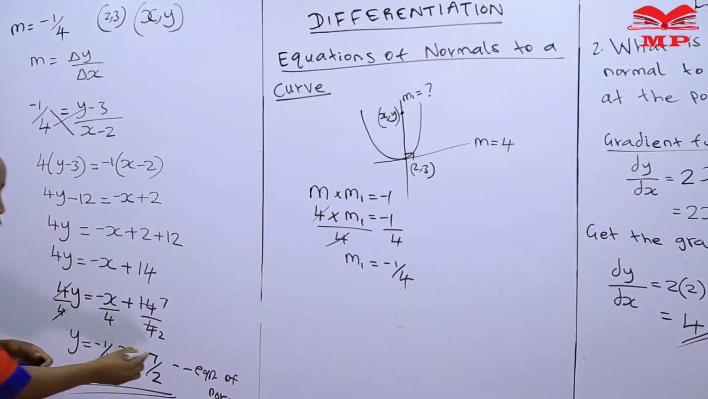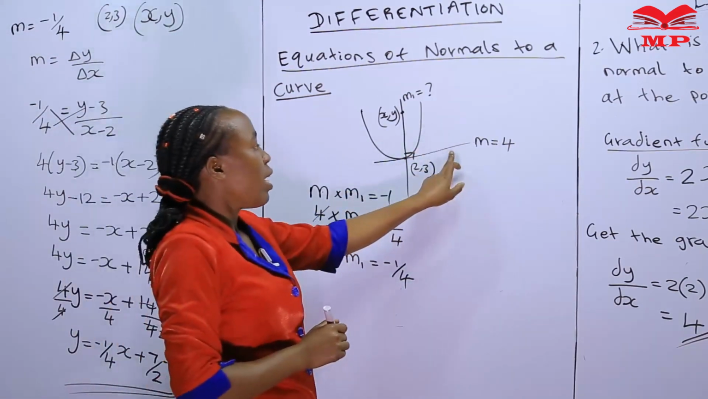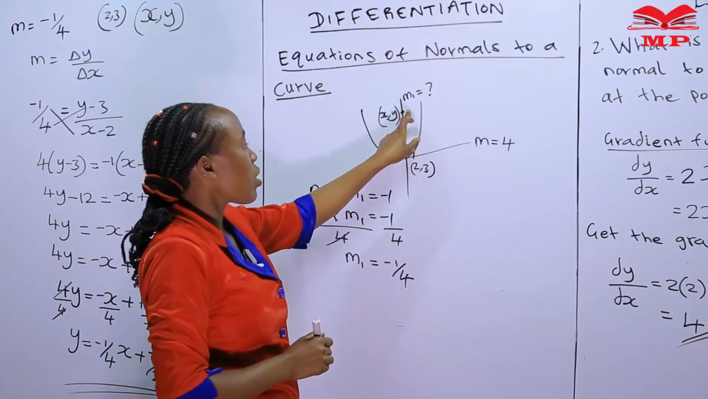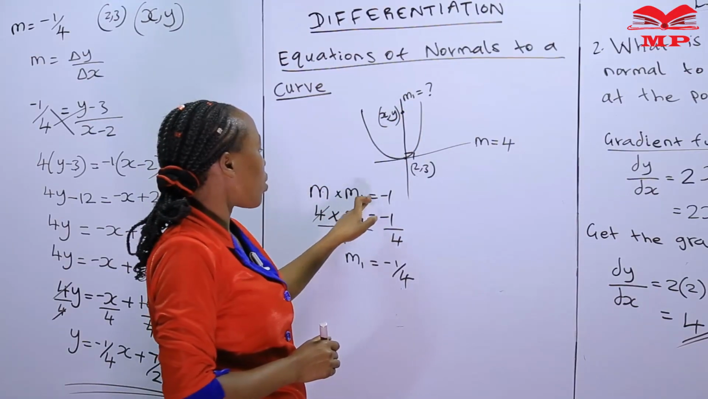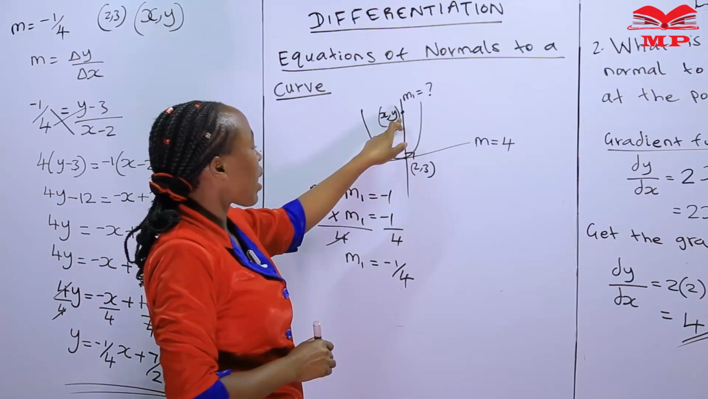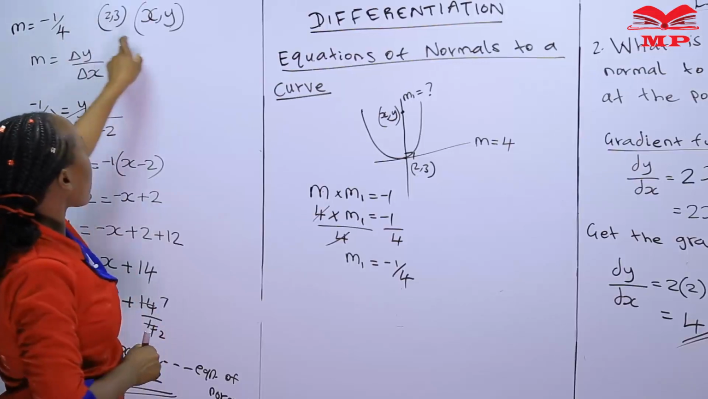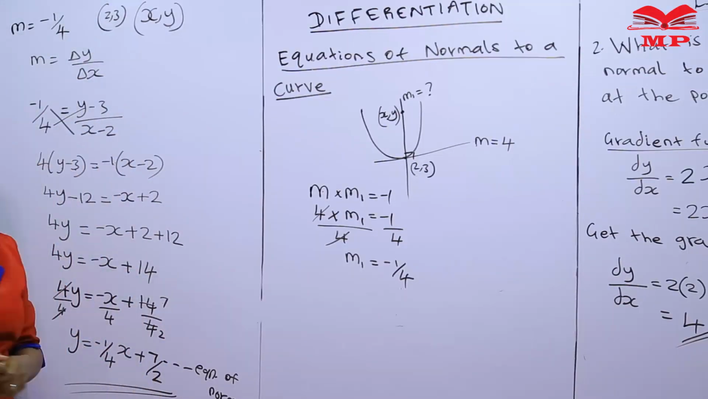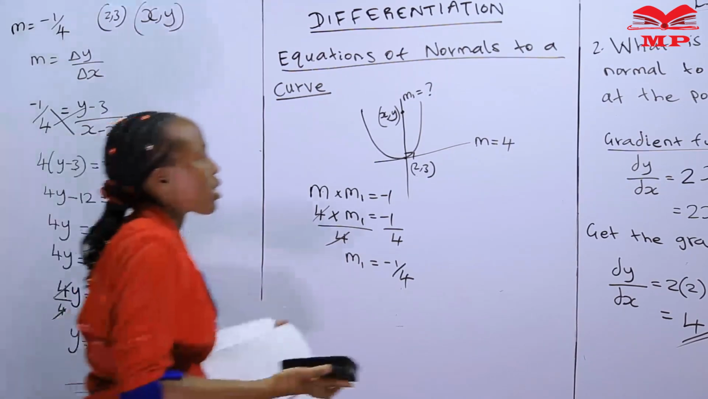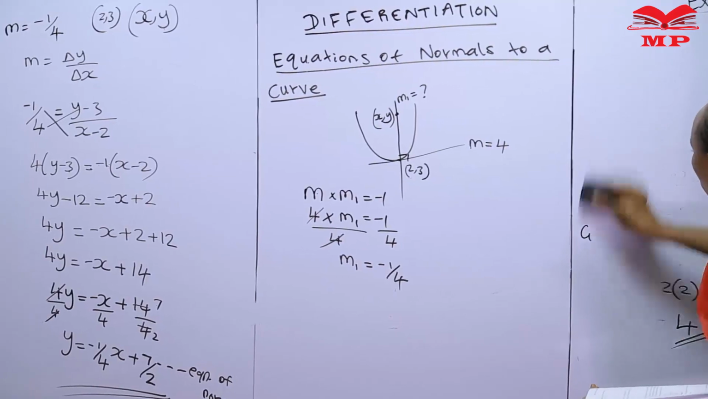So we need first, we get the gradient of the tangent. Then we can use m1 times m2 should be equal to negative 1 for perpendicular lines. We get the gradient of the normal. Then we use the gradient and the points to get the equation. Lastly, the last example in equations of normals to a curve,